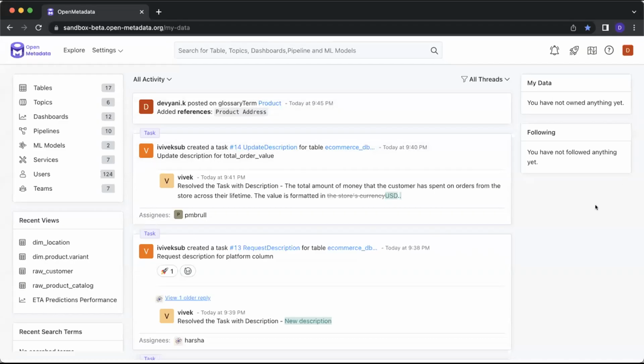Hi all, so I'll be quickly taking you through the UI layout updates that we have made in this version. Let me quickly share my screen. So the first major change that we have done is on our home page, where you can see proper sectioning and